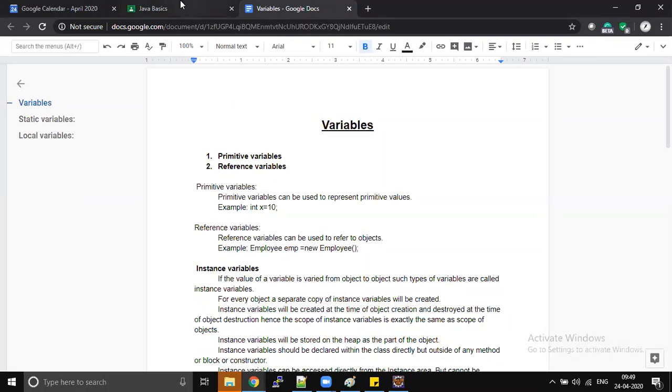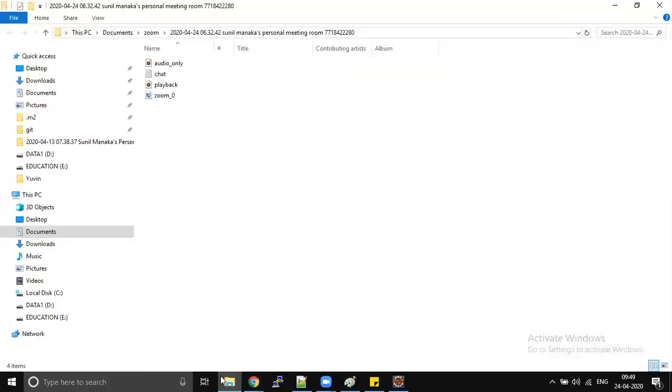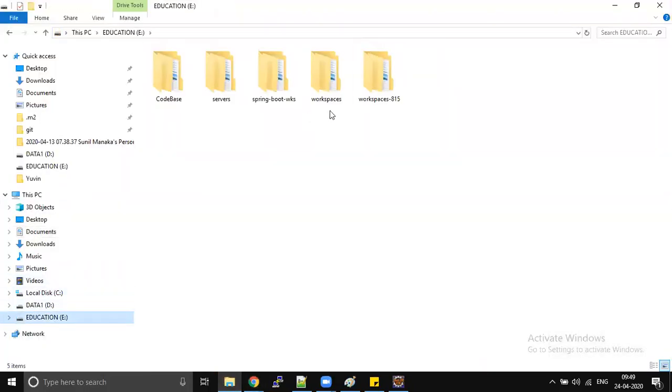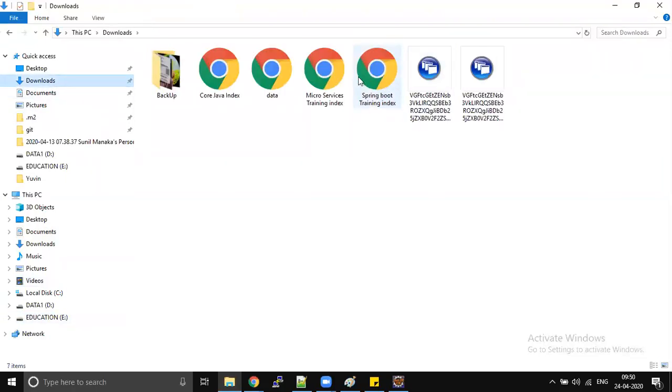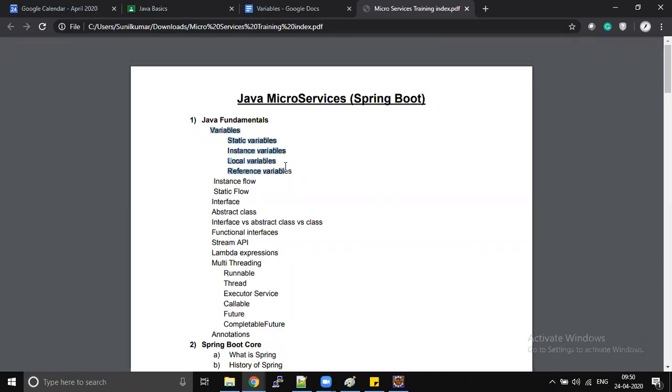But tomorrow, when we discuss Java 8 features like Lambda expressions and Stream API, there are a few enhancements. Let me open the index section of what we want to discuss. Today we discussed static variables, instance variables, local variables, reference variables.